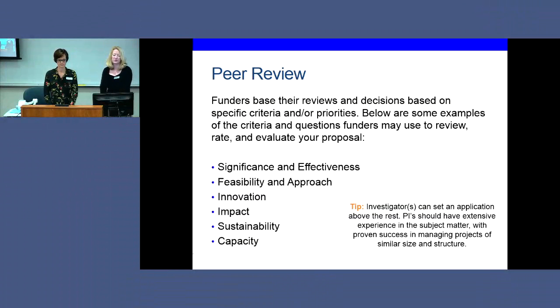Funders base their reviews and decisions on specific criteria and priorities. This is going to be in every request for proposal that you read. It's going to tell you exactly what they want to see. If you learn to read your request for proposals, read them over and over, and make sure you write your grants in the criteria that they give you, you really stand a better chance of being